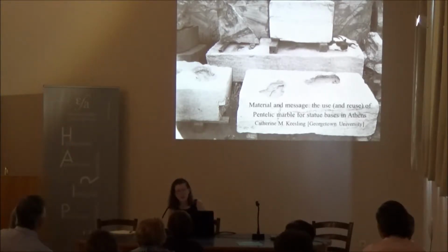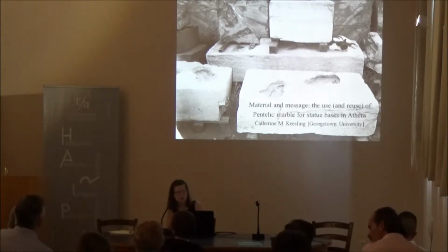Statue bases have always proven indispensable as documentary evidence for Greek freestanding sculpture. Studying them for the practical information they provide is not at all incompatible with appreciating their aesthetic qualities. But even when the statues are no longer there to draw our attention, the material dimensions of bases are easily taken for granted. This is true even in the case of the material most strongly associated with classical Athens, Pentelic